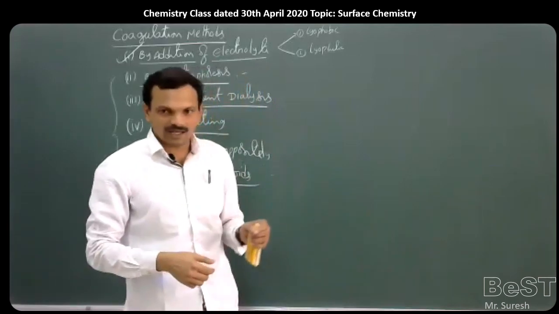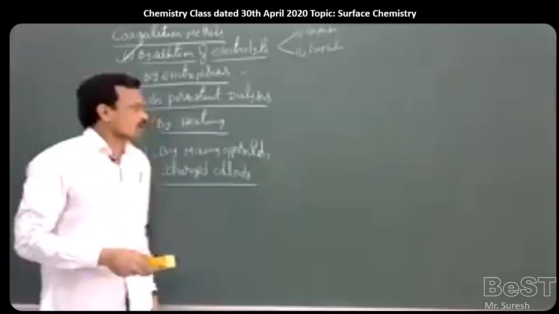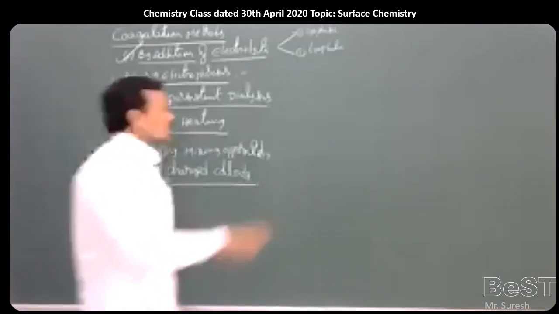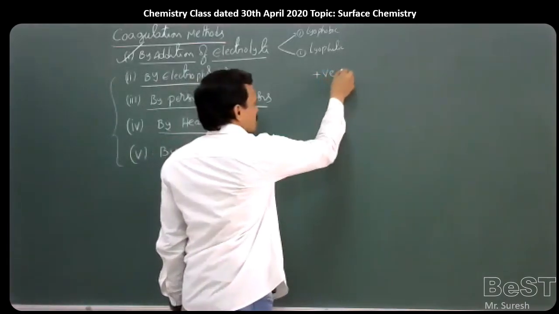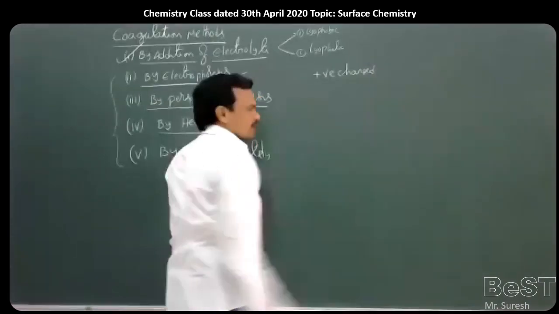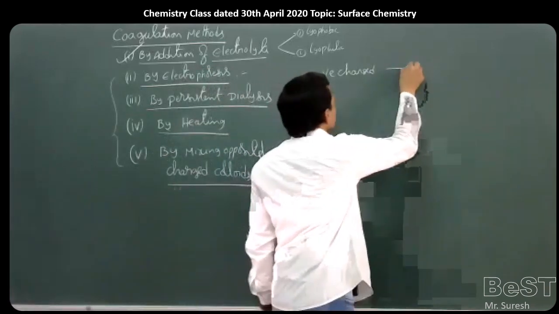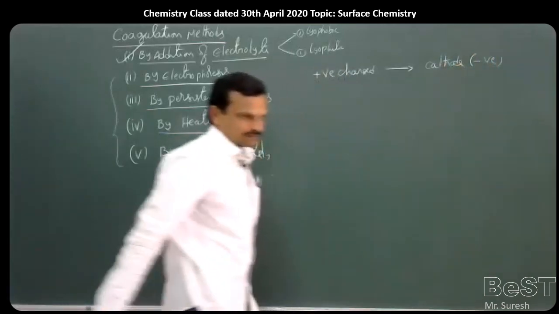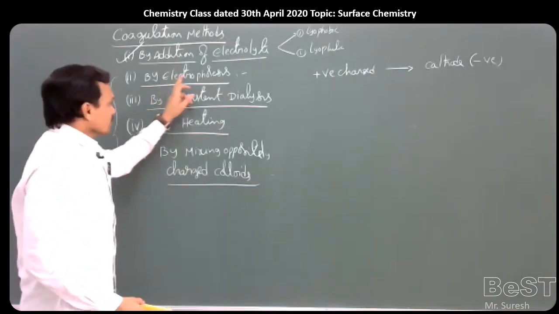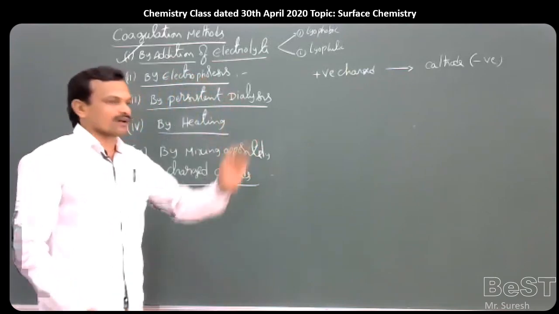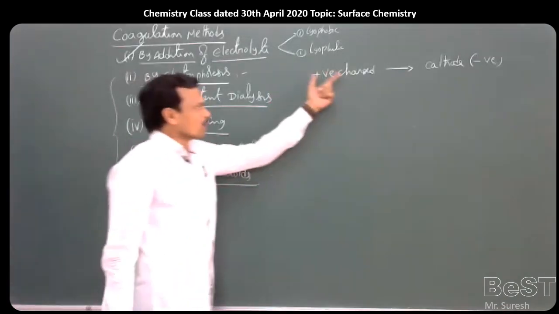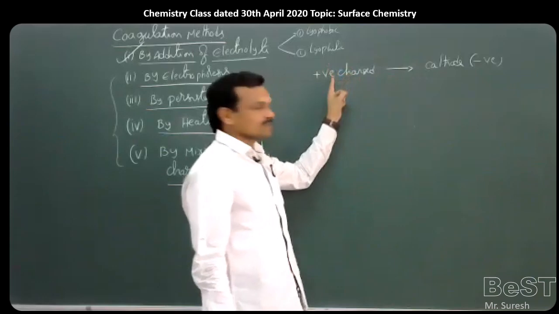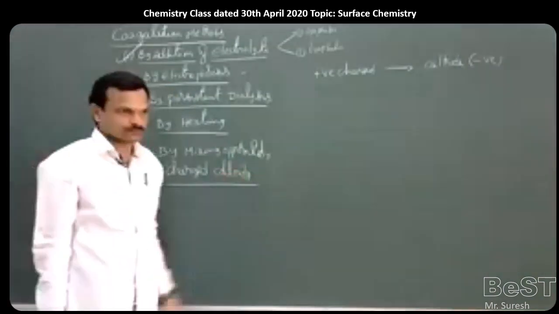That means when an electric field is applied to a colloidal solution, the colloidal particles move towards the oppositely charged electrodes. For example, if a colloid is positively charged, then these positively charged colloidal particles will move towards the cathode, which is negatively charged. Now, if the electrophoresis process is carried out for a long time, then what happens? All the positive particles migrate towards the cathode. At the cathode, the positive charge present on the colloidal particles will be neutralized.